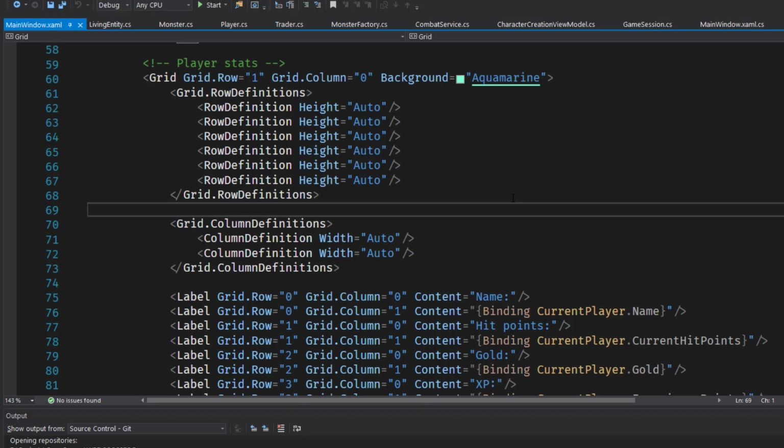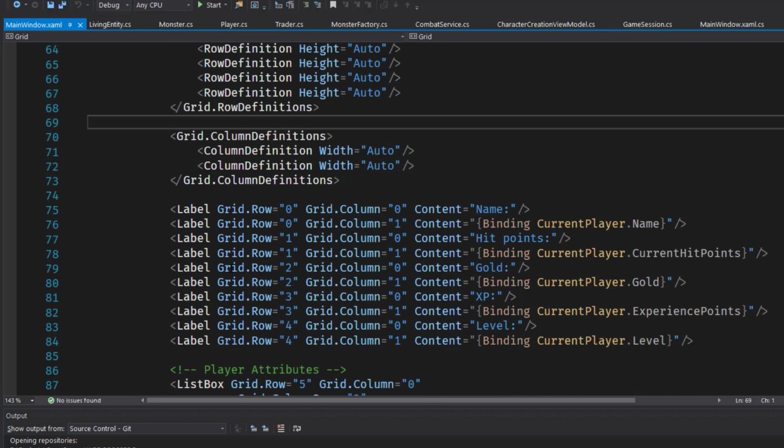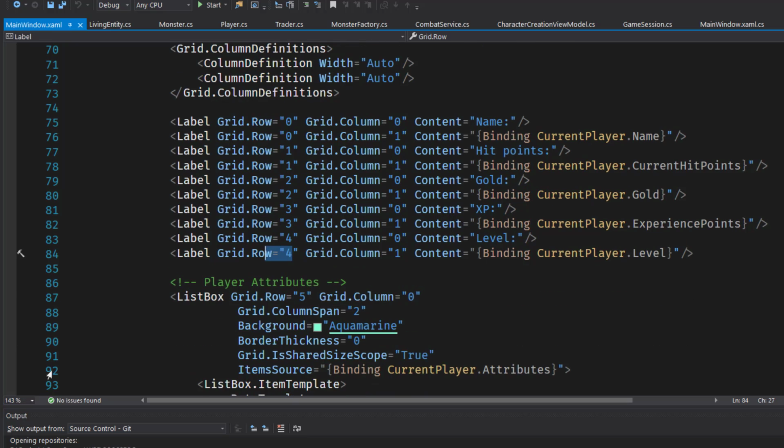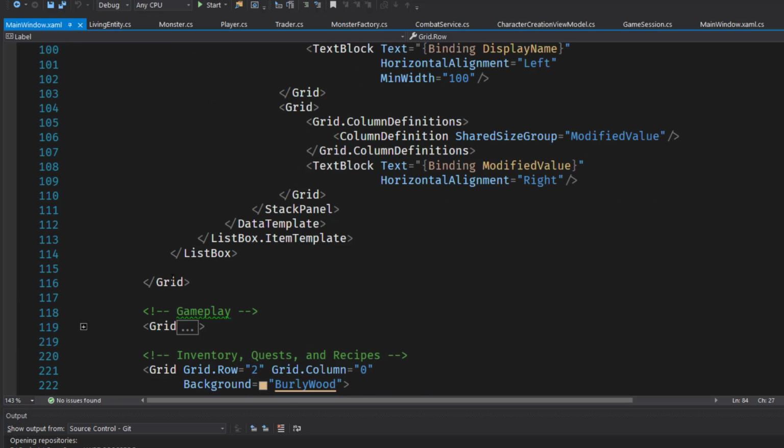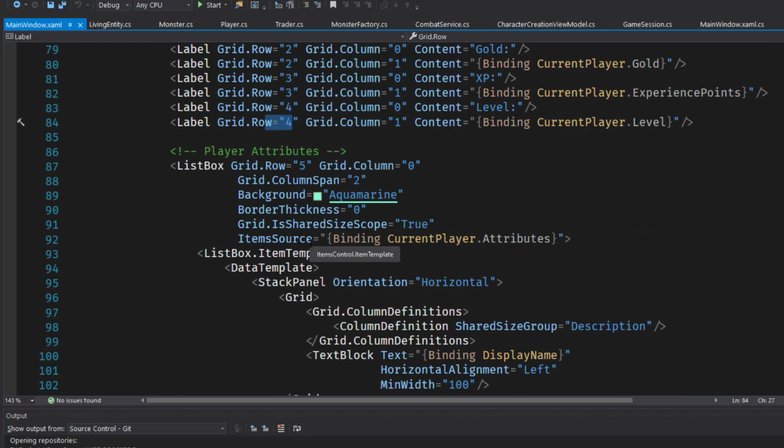So in the UI, I changed a lot in the player stats that starts on line 60. The first thing I did is I deleted the labels for the character class and the character class value and the dexterity and the value. Then I moved everything that was below it, all the grid rows, up by two rows since we deleted those 2 rows. Then on lines 87 through 114, we have a Listbox control to show the player attributes and the